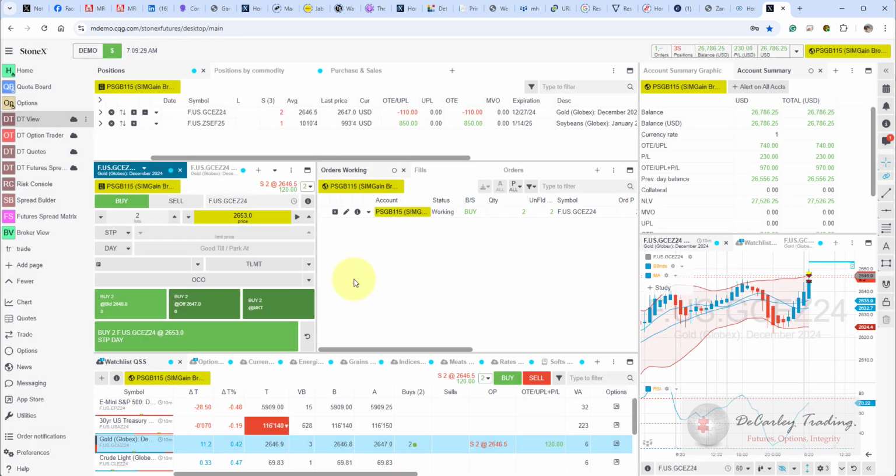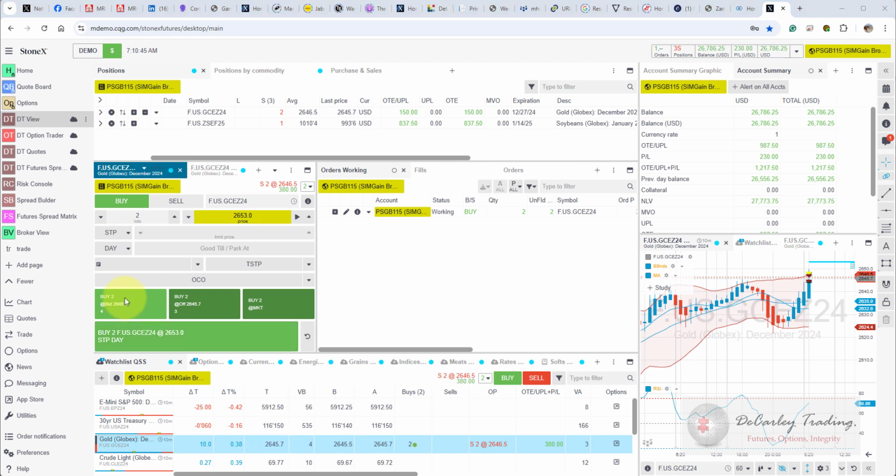I now have the stop loss working. If I wanted to offset my position at the market, I could click buy market. If I wanted to buy the ask, I could click this button. If I wanted to buy the bid, I could click this button. But again, one more time, anytime that we're using the specified price and order type, we use the big bar